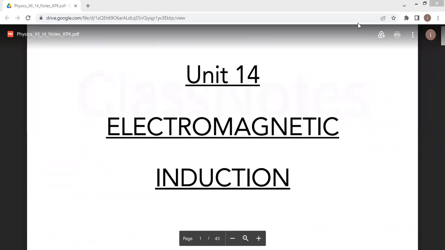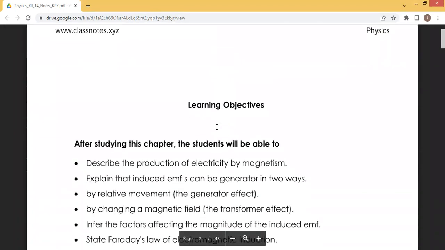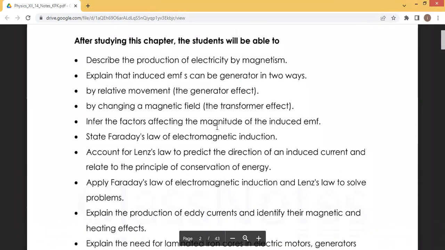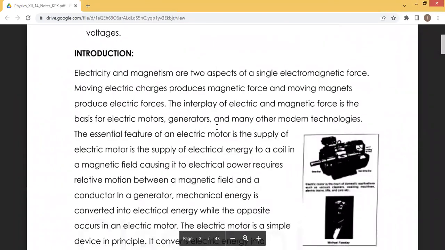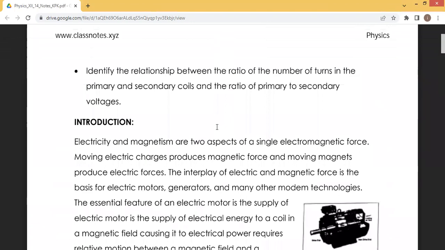Chapter 14, Electromagnetic Induction. So let's start electromagnetic induction. These are our learning objectives. Let's start with the introduction. So what is basically